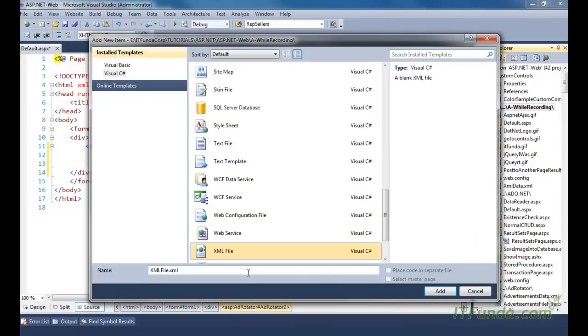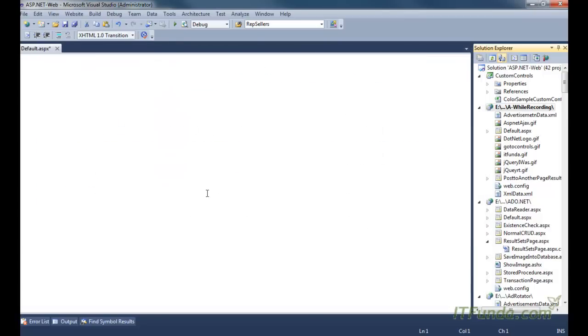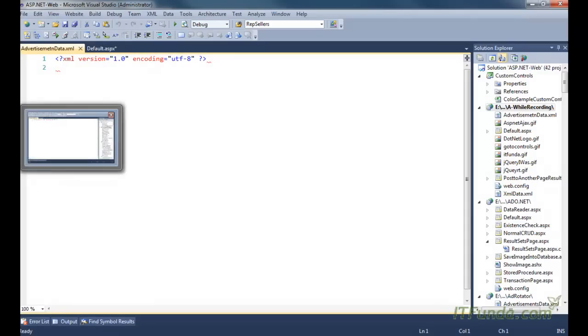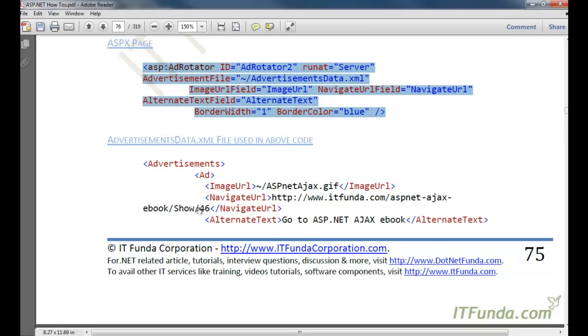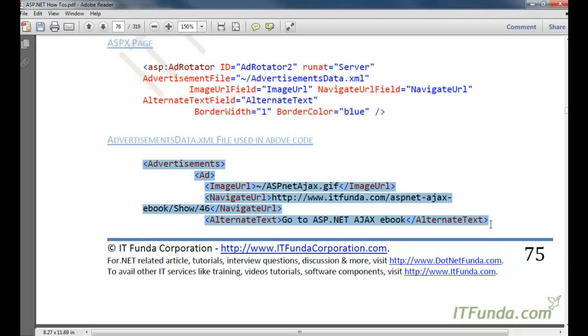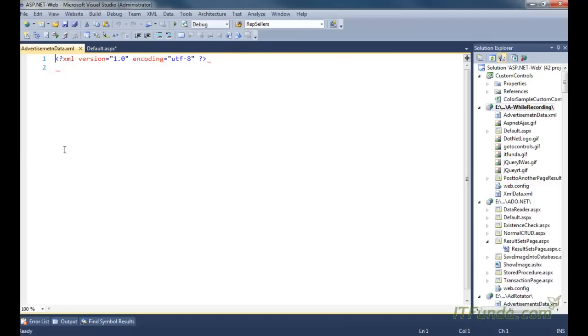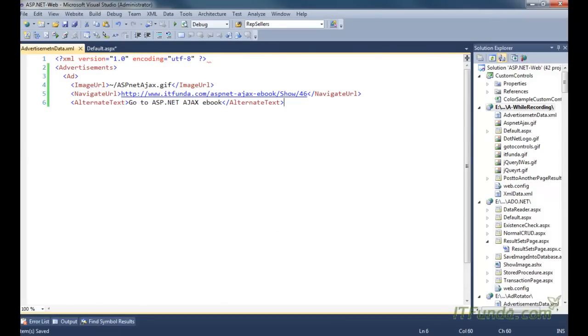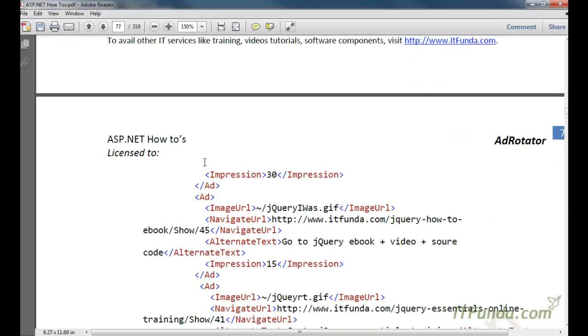Here is my XML file, and let me name it AdvertisementData.xml. Now in this AdvertisementData.xml we will have to follow a certain standard to keep the advertisement data. So let us follow that standard and make that specific kind of tags for this XML file.